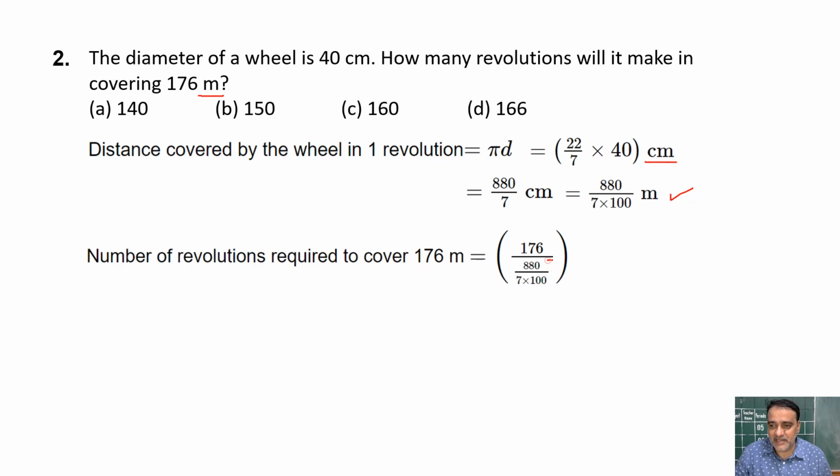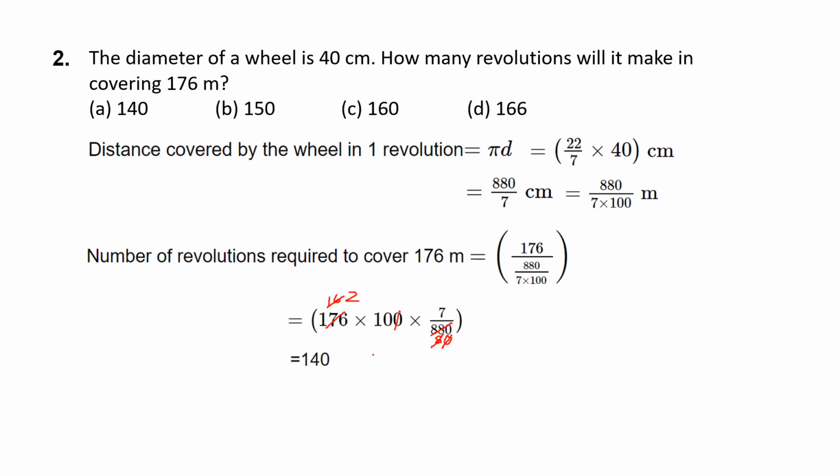So we will take the reciprocal when we multiply. So 176 into 100 into 7 upon 880. If you simplify this, we can cancel it by 11. So we'll get 16, and this will be 80. One 0 we can cancel from here. Okay, 8 we can also cancel here. So what we are going to get is 2 into 10 into 7, that is equal to 140. Okay, so the correct option is